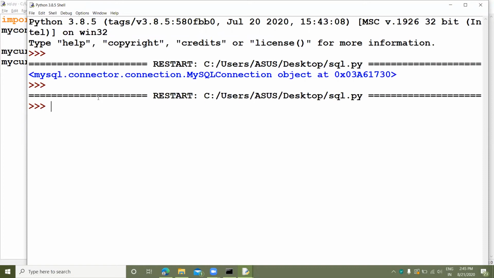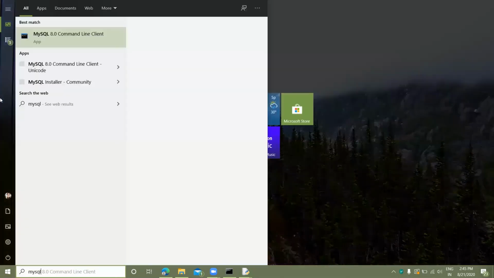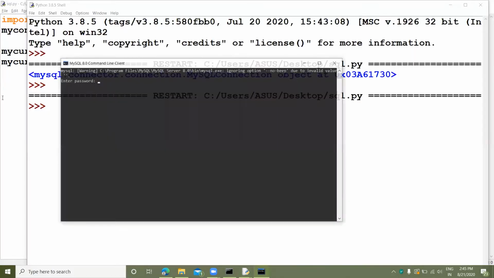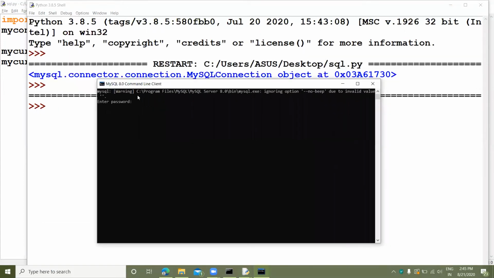First I will talk about the SQL shell, then I will make the program in Python to see all the databases which we have created. So let's see. Open MySQL command line. Now you can see it is the command line of SQL. Give the password, 1234.